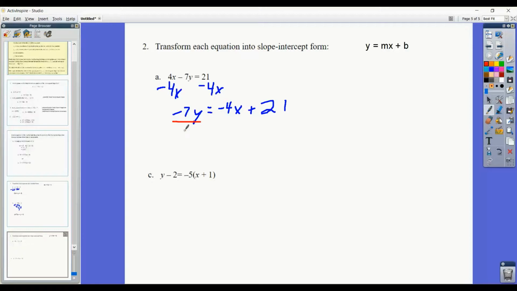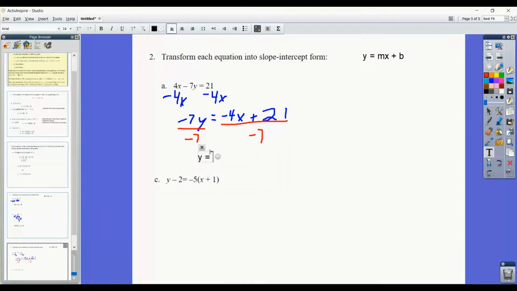So then, of course, now the last step is to divide off the negative 7. Now when I divide off the negative 7 here, recall that we want to divide that negative 7 into both terms. When we divide a binomial by a constant, we think of it as distributed into each one. So when we write that out, we simplify it. So we're dividing the negative 7 into both, and then we're going to go ahead and write out y equals, because y is not by itself, and we think negative 4 divided by negative 7, that's positive 4/7 x, and then